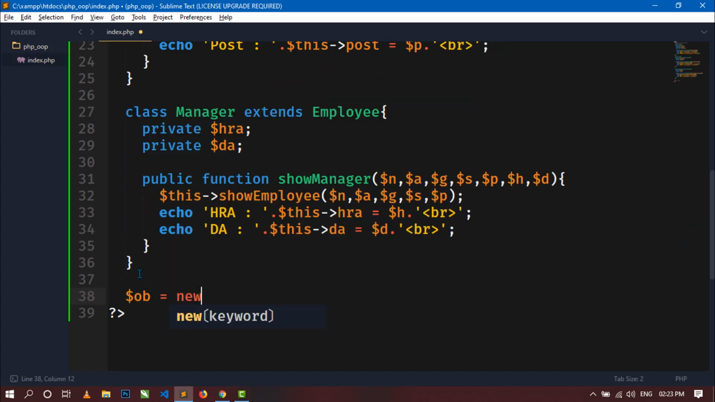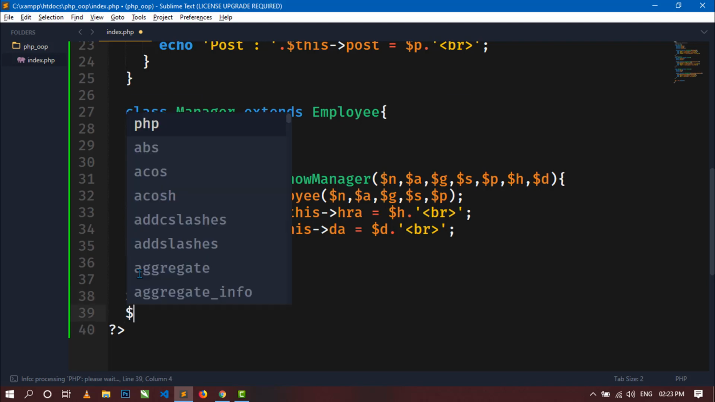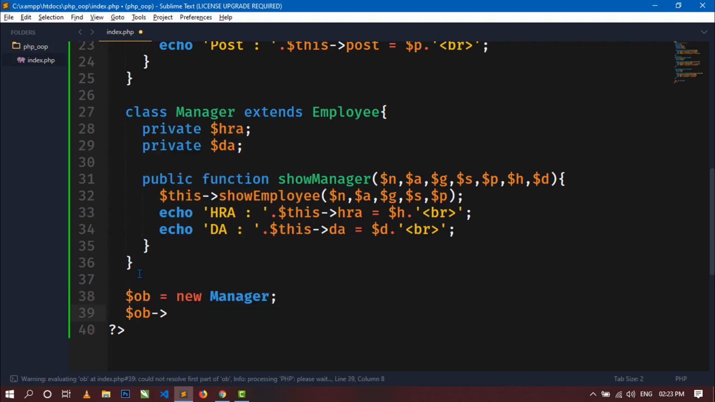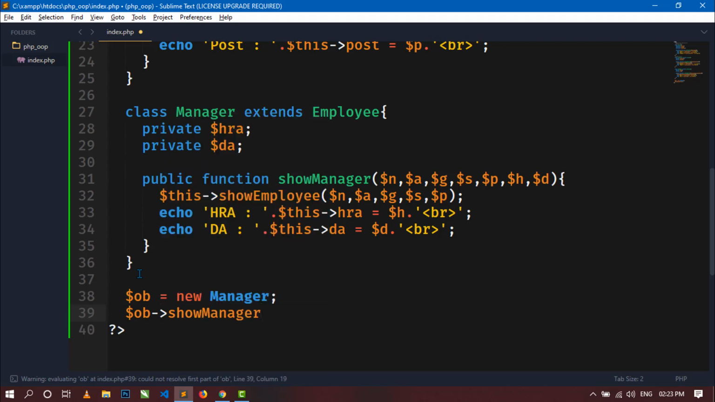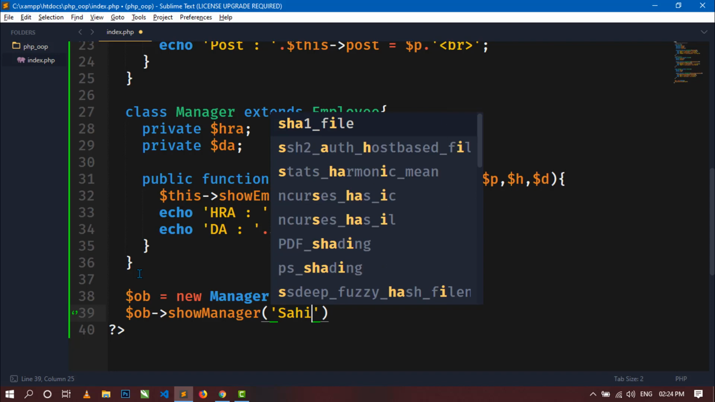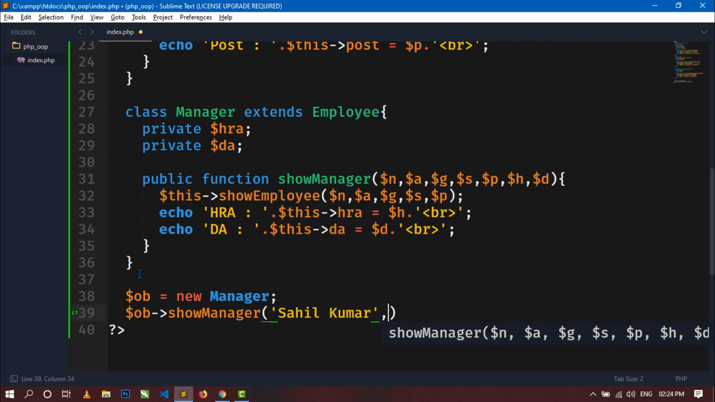$OB equal to new manager. Okay, now using this $OB we will access the so manager function, and we have to pass total 7 actual arguments. So for name I will write Sahil Kumar, and for age 24, and gender male,